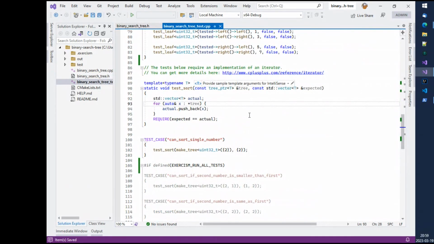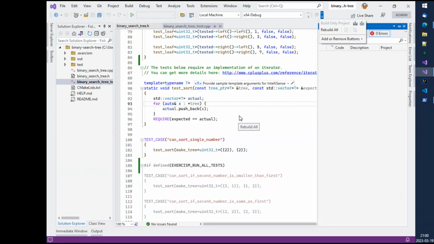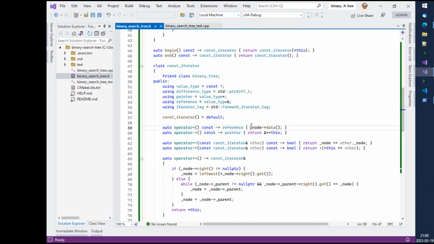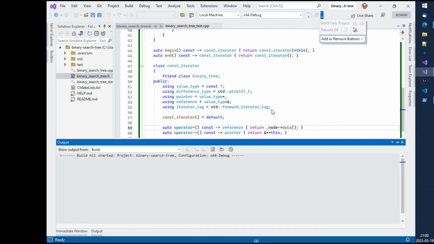So if we go back to the test, now we have enabled a single test that iterates a single value. So let's build our code and see if it builds and if it runs. So it doesn't build. I forgot something. Oh, I forgot to write a return statement here. I just wrote node arrow data, but I forgot the return, sorry. So let's build again. It builds and it